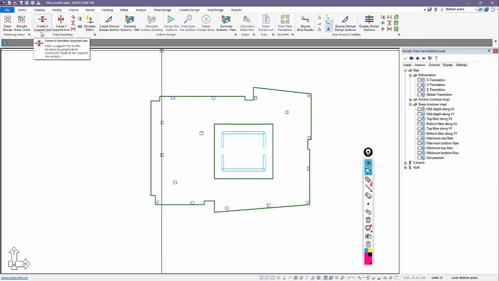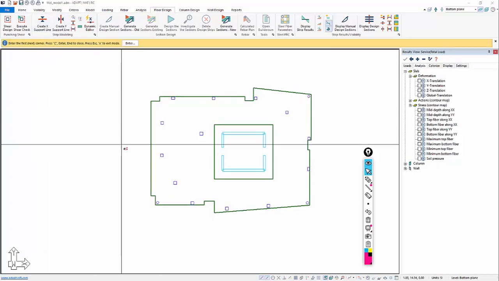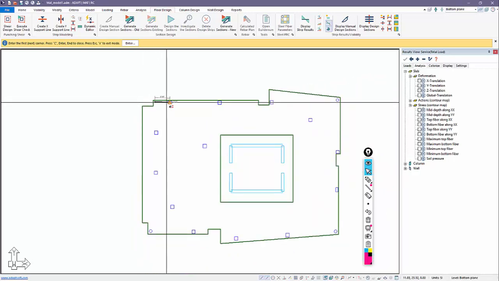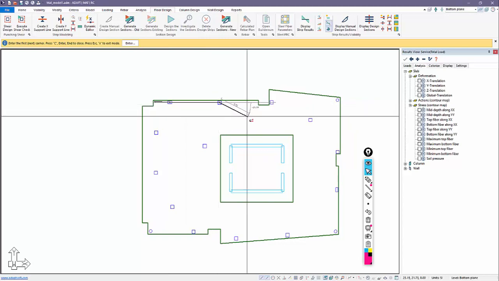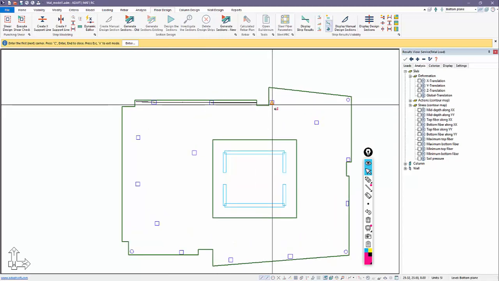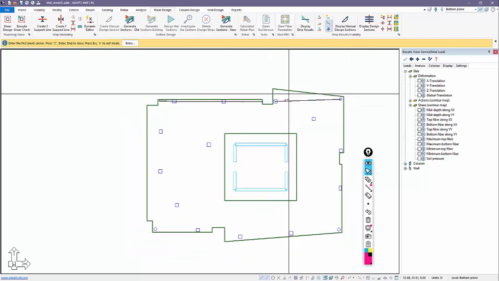So we'll go under floor design. This also could mean foundation design, flexural design, if you will, and we'll select create X direction support line. I'm just going to start out here somewhere near the slab edge, and I'm going to snap on these supports, and then I'll press enter, just stop that one there. I'll go from here over to here, enter.